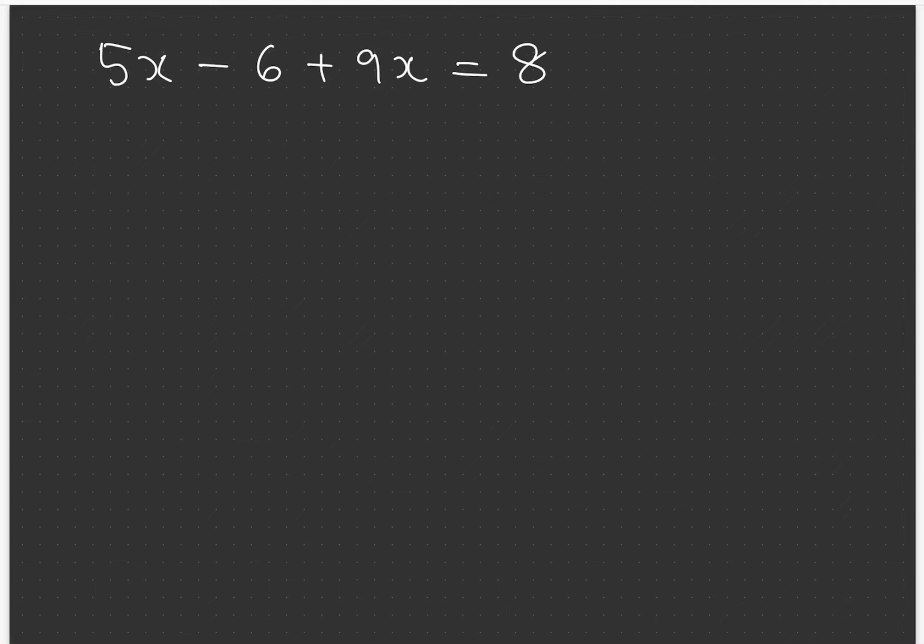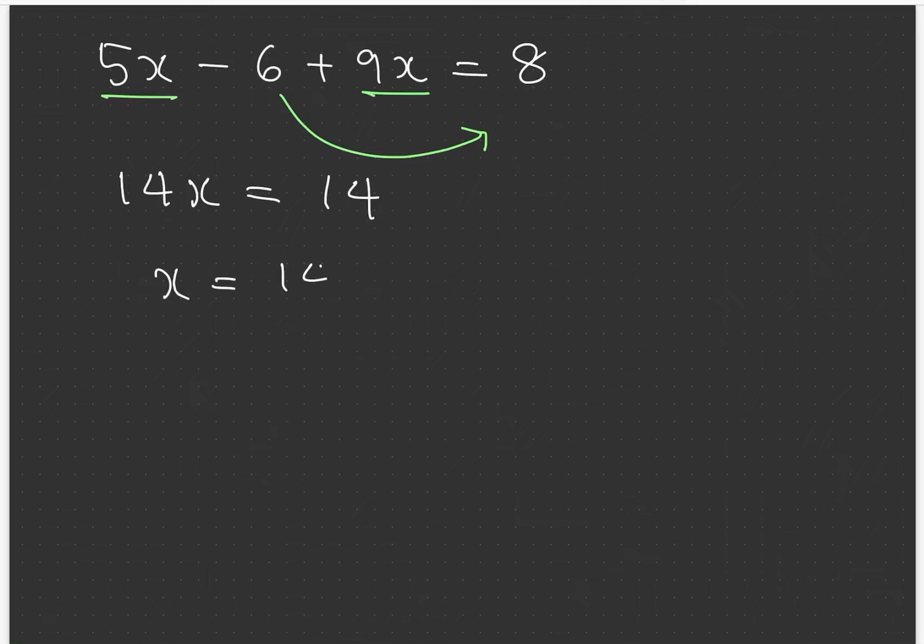Equals to 8. Right? Now I can add the like terms here. The like terms are 5x and 9x. We add them. And the 6 is a constant, shift it there. So here you get 5x plus 9x is 14x is equal to 6 plus 8. 8 plus 6 becomes 14. So x is equal to 14 upon 14. You can directly write x is equal to 1. Clear? So this is one variable's answer, x is equal to 1.